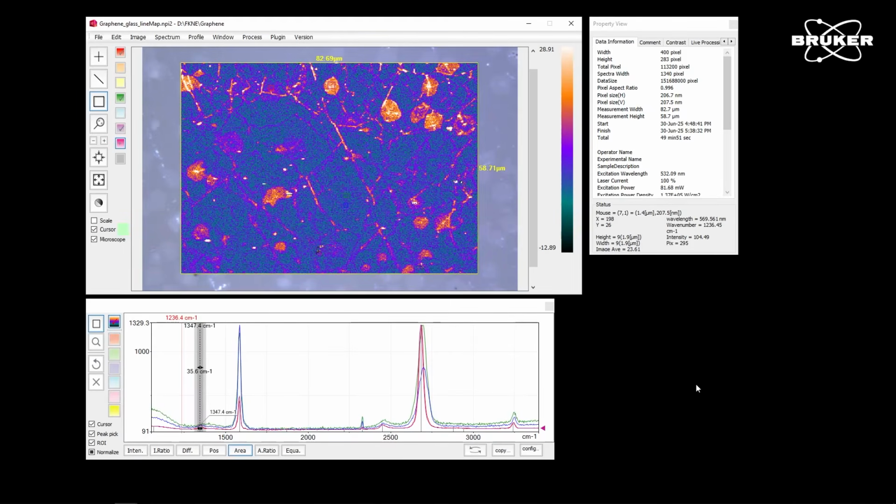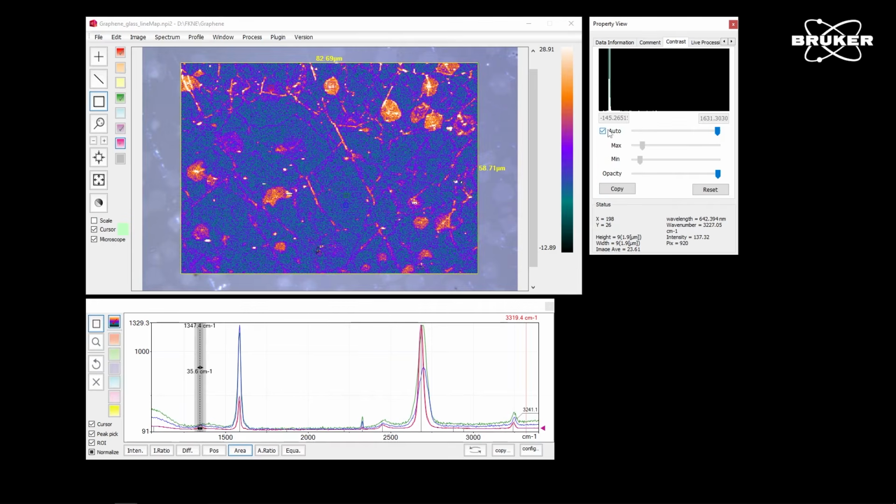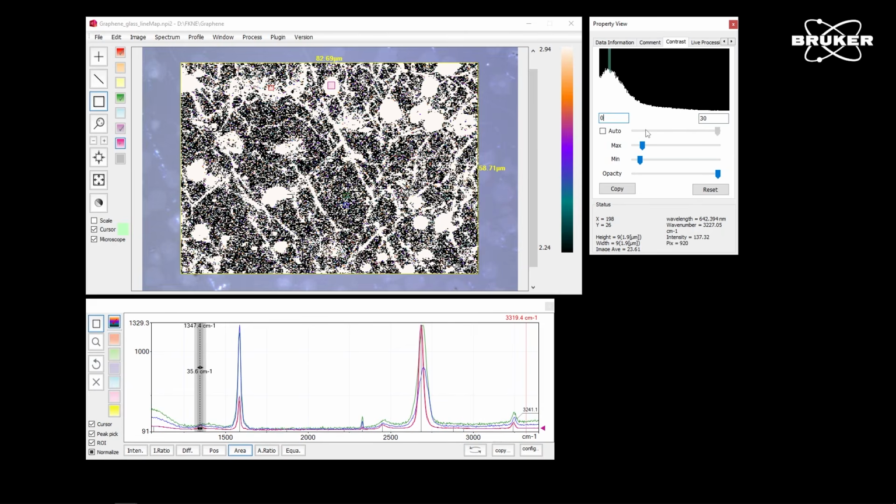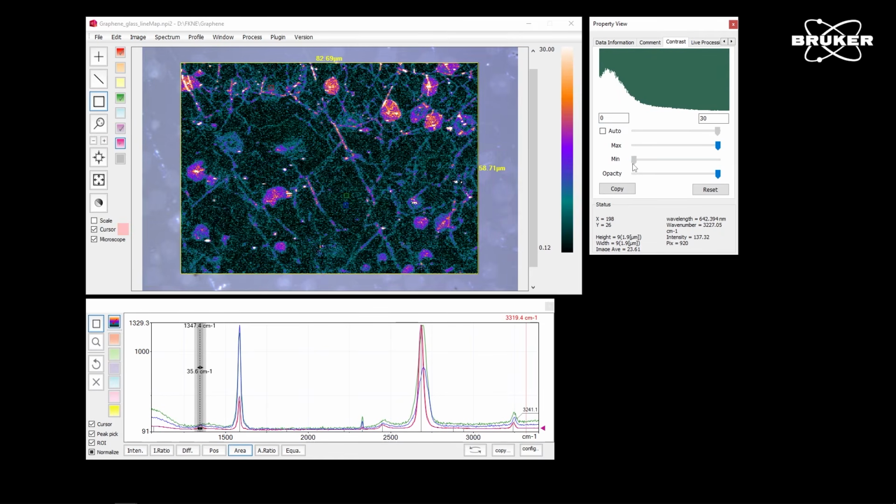We are currently at the stage that we left before we went into the PowerPoint presentation. And from what we now know, currently we have highlights where the graphene shows defects. So if we start now putting certain thresholds on our image, we can nicely see that along these cracks that we have, a lot of defects come in place, and also that a few of these, I would say, islands show highly defective graphene.